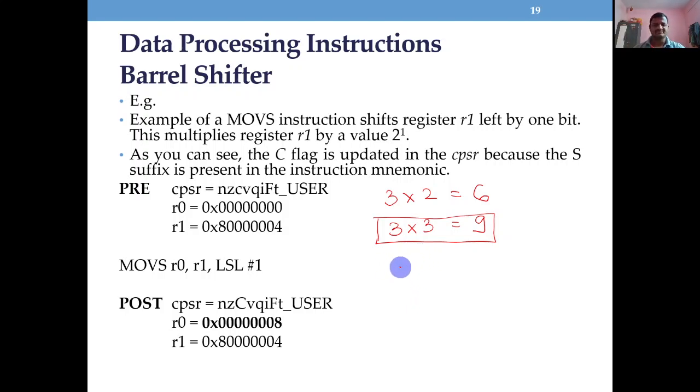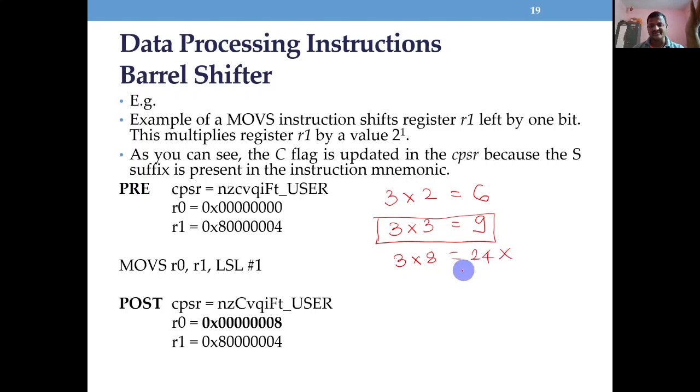Shift, sir. Can anyone know the answer? Using shift, sir. Yes, how can we perform it? I want to perform 3 into 3. We'll get the answer 9. Shift 3 times, sir. Shift 3 times is nothing but multiply by 8. 3 into 8, how much does the answer become? 8 3s are 24. Correct?